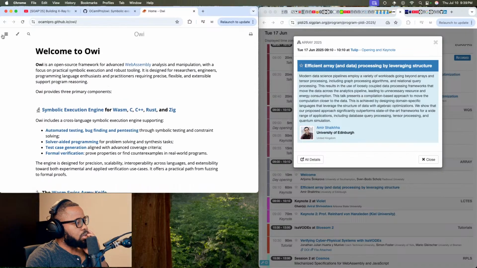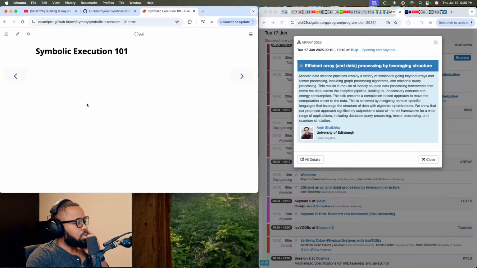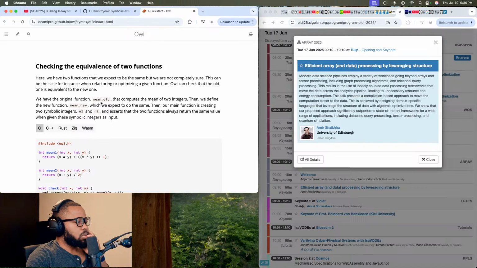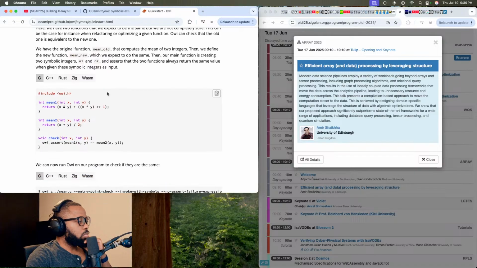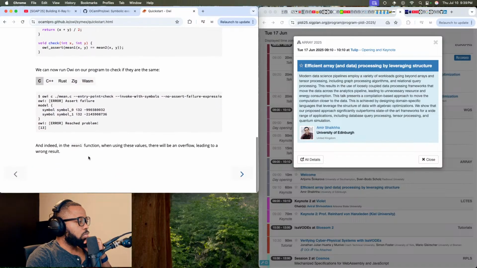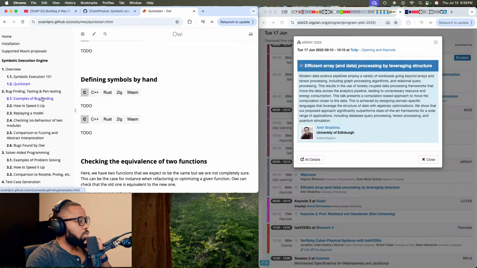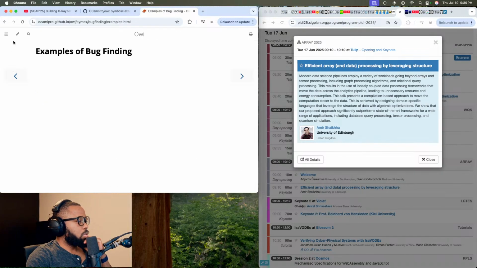There are some examples of symbolic execution, and bug finding.